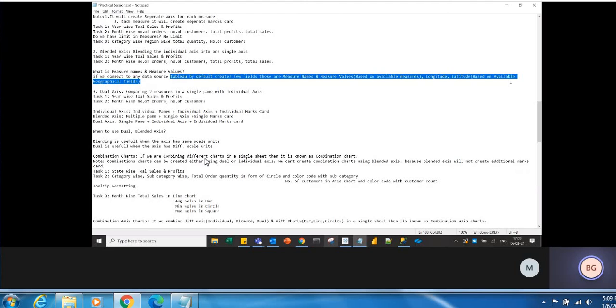Okay, so this is about blended axis. So remember how to create a blended axis. You need to drag the second measure into the existing axis. Then only you get the blended axis. If you drag those into rows or columns, you will get individual axes.